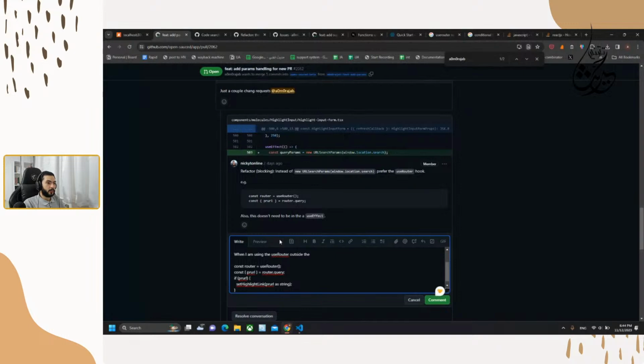So this is useRouter outside which function, the useEffect gives me a too many rendering error. How could I solve that?